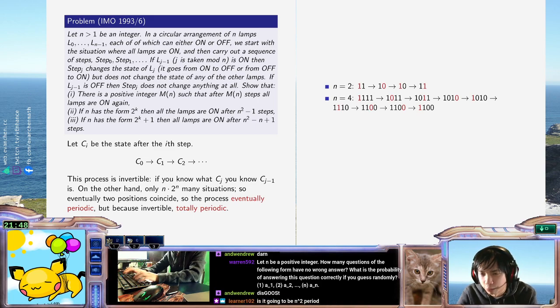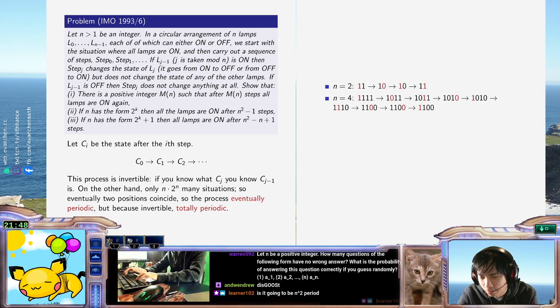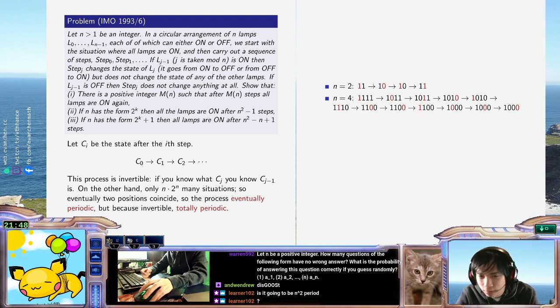Maybe I should just write a program to do this, honestly, at this point. Also, I didn't get back, so something's wrong. How many steps have I done by now? 1, 2, 3, 4. Oh, actually, okay, so this is not as bad as I was worried for a moment,